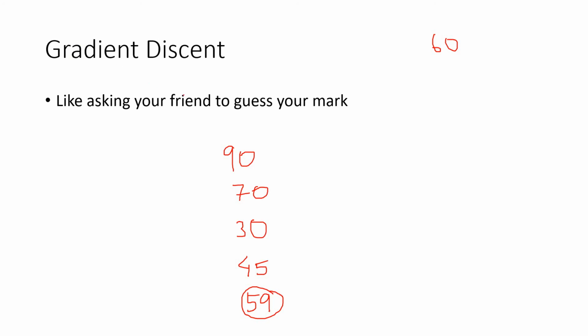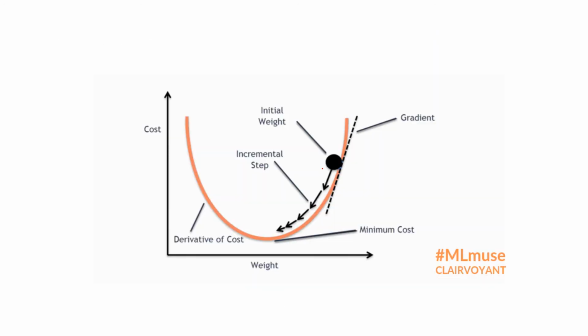I'll rephrase that. It is used to train neural networks through random guesses, but in an organized way. So it gives the steps. This is called the step size, how much step he is taking at a time. So 70, 90, so it is 20. So that is the step size. It is not very important to understand the concept of step size and all, but hope you understand what is happening here. So this is a pictorial diagram of what is happening.